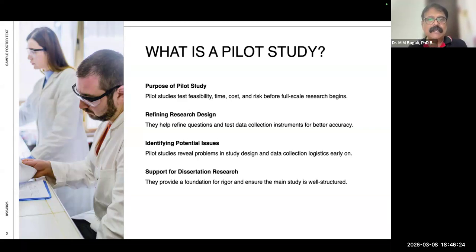So a pilot study would also help to understand the cost that is involved. Cost in terms of finance, cost in terms of time, cost in terms of social cost.